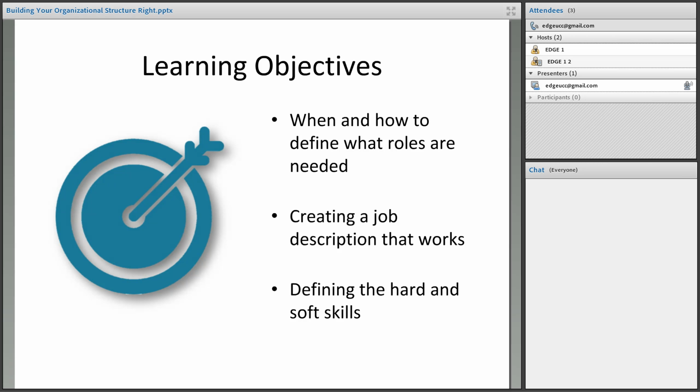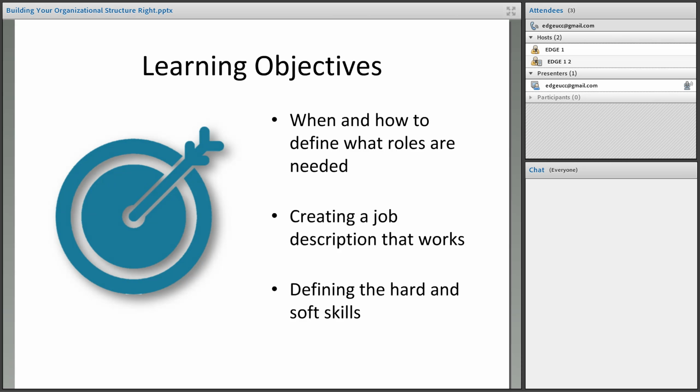With the different business owners that I work with, whether they're for-profit or not-for-profit, that is sometimes one of the toughest questions to answer: so when do I, and how do I, define the roles that I need? Especially in organizations that have started with one or two individuals, you come to a point where you need to decide, okay, so how do we grow? What roles do I need to be bringing in? And we're going to talk about that today so that you can get some insights as to what you need to be thinking about when you're making those decisions.